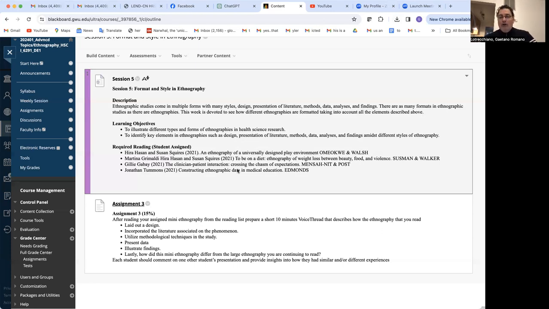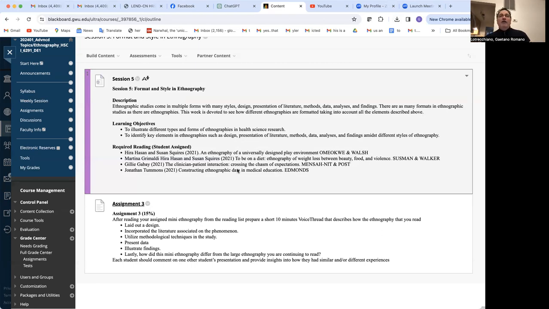So these are small or mini ethnographies, I call them, that the authors have put into the textbook that we're using. And it's a really good way, in a relatively short amount of time, to understand how a report using ethnographic methods does not need to be an entire book. It can be smaller. So depending on where you are in your career, you might be preparing to do doctoral research. You may be in a position where you're already publishing now because of your work environment.